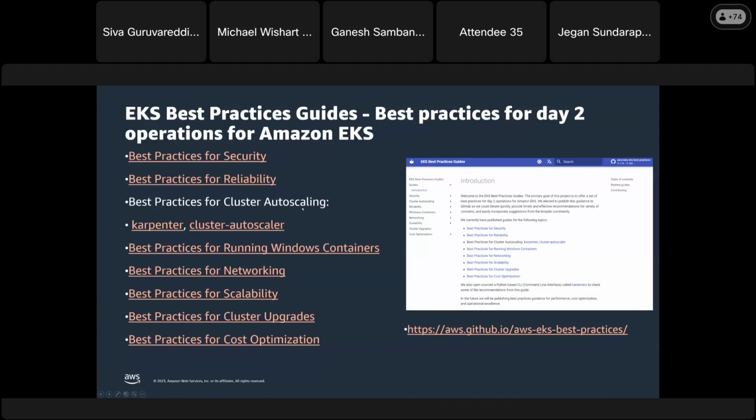When you're running Windows containers, it covers best practices for networking, scalability, upgrades, and cost optimization. I put a link here. Please feel free to bookmark this. This is kind of like the best place to start as you are trying to implement best practices for your EKS cluster.